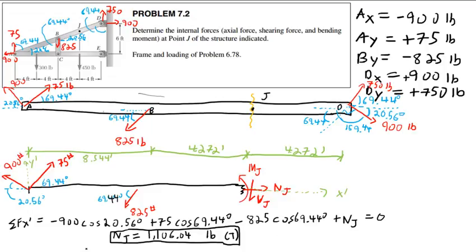Okay. Now, let's see. I'm going to try to cram my sum of forces in the y direction over here. So kind of running short on space here, sorry. Sum of forces in the y prime direction is going to be equal to 900 sine 20.56, plus 75 sine 69.44,